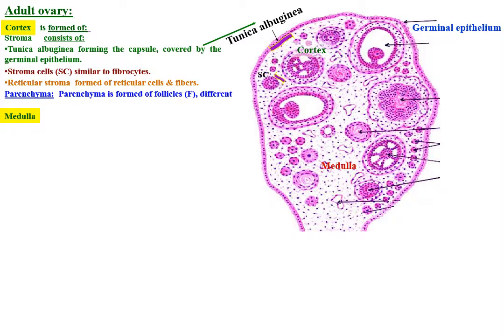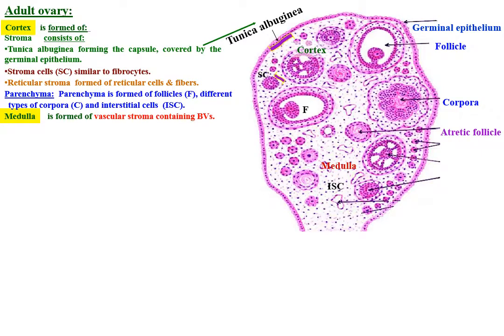Parenchyma is formed of follicles, different types of corpora, and interstitial cells, ISC. Medulla is formed of vascular stroma